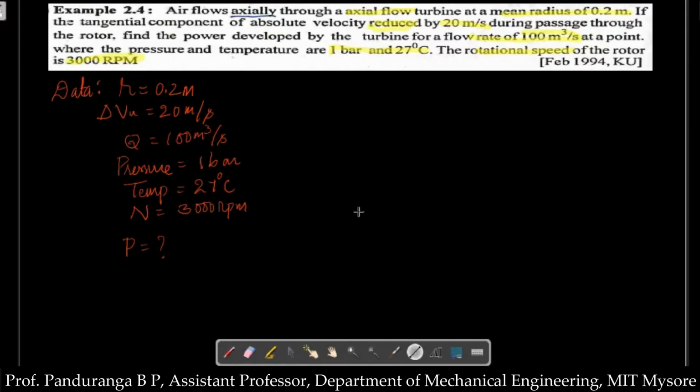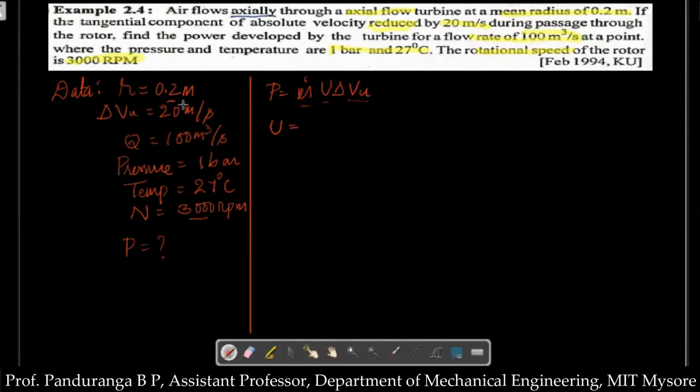So to solve this problem, first I know that power is given by m dot into u into delta VU, or m dot into u into VU1 plus or minus VU2. Now delta VU is directly given in the problem. I need to calculate m dot, that is the mass flow rate, and u, that is the tangential speed of the rotor. So first let us find out the tangential speed u,